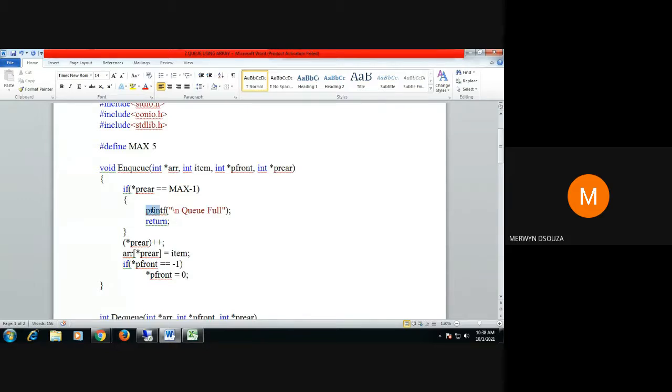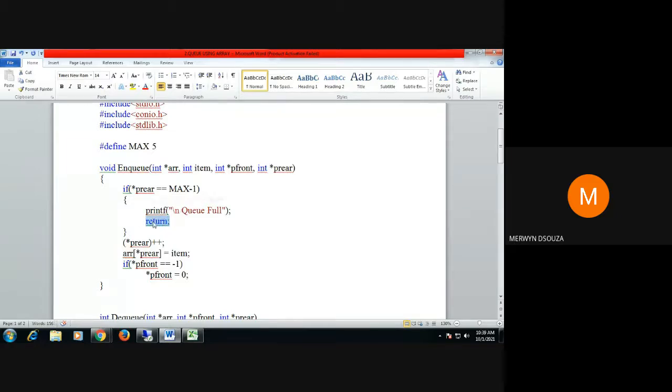And once you do that, you don't want to execute the rest of the statements. You don't want to execute these statements. So since you don't want to execute the statements, what you do? One simple trick to return back without executing the statements is you just put the keyword return. So after this printf statement, you just put this keyword return.